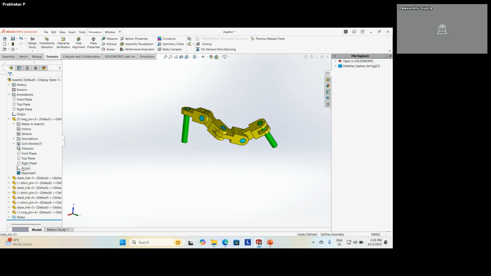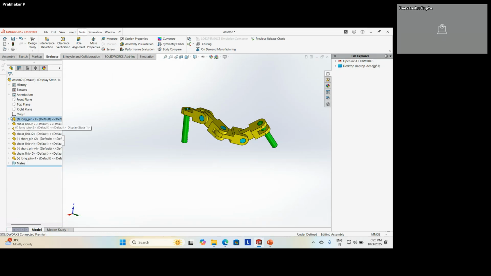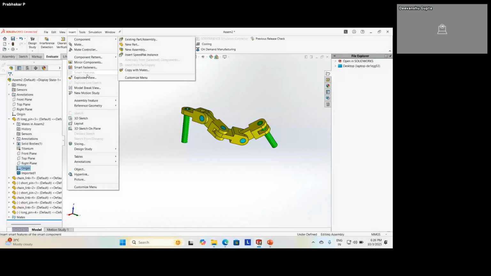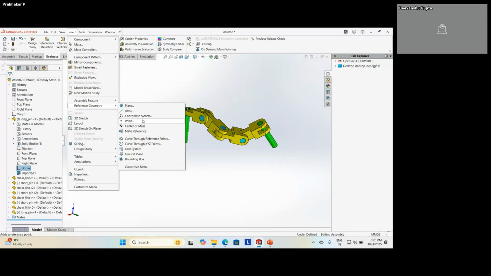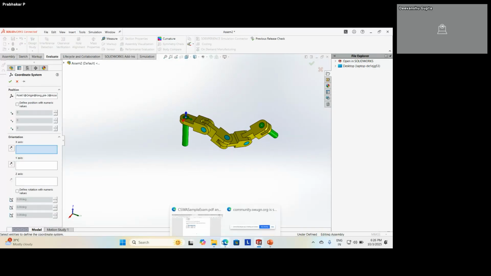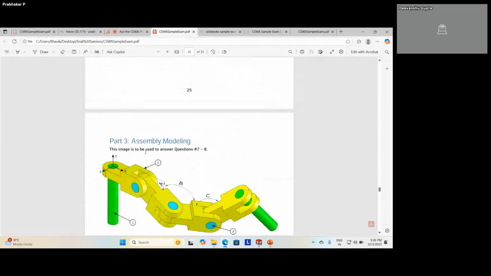Okay, here you have an origin. You select this origin as a reference. It will be closed like this. What you have to do is you just open it, just select this origin point, go to insert, reference geometry, coordinate system. Then here they have given the XYZ positions. X should be in this direction. Y is towards up. Z is facing towards me. Likewise, I am able to see it in the drawing.